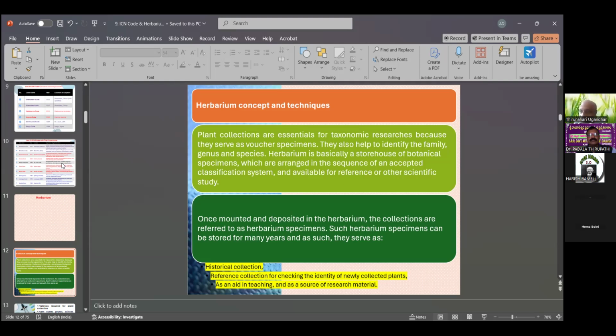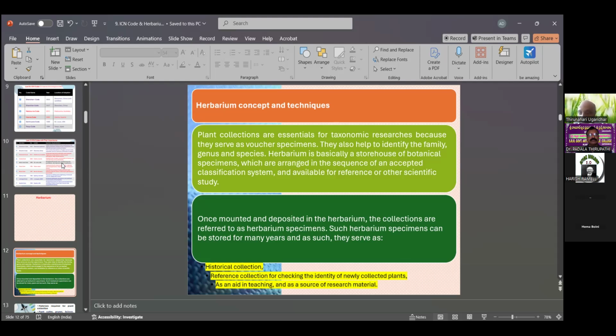The collections of the herbarium are arranged in the sequence of an accepted classification system, which means the Bentham and Hooker classification, used to prepare the herbarium in India,